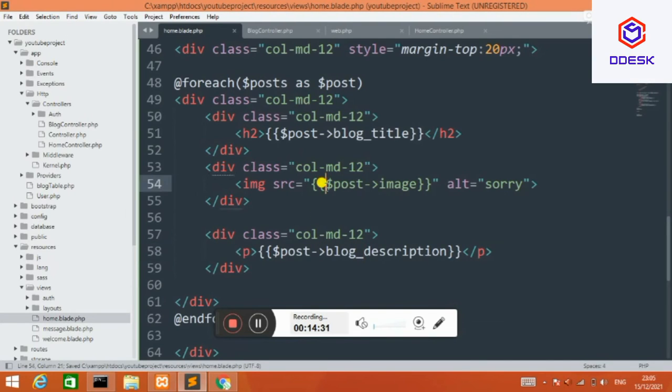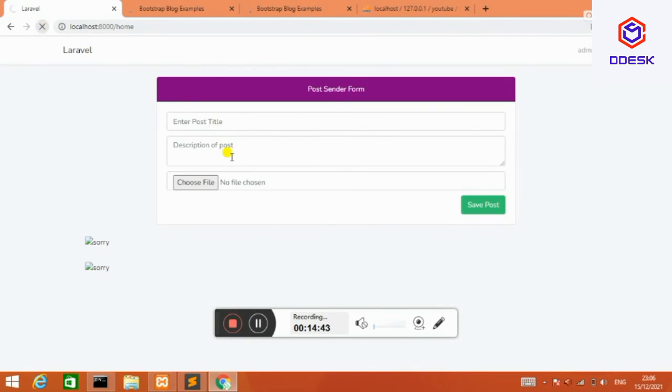It means if you don't give a proper variable name here, then Laravel will not give you an error, but it would not display your data because that does not match exactly with your database table. Here you can see we've got the title and description which are stored in the database, right? But the image is not being displayed because